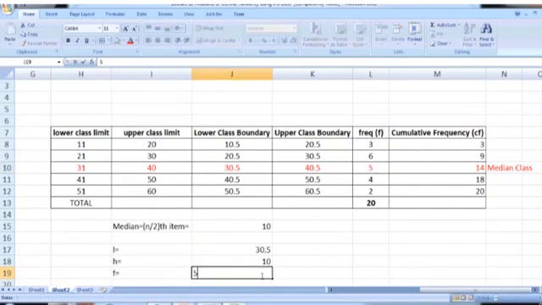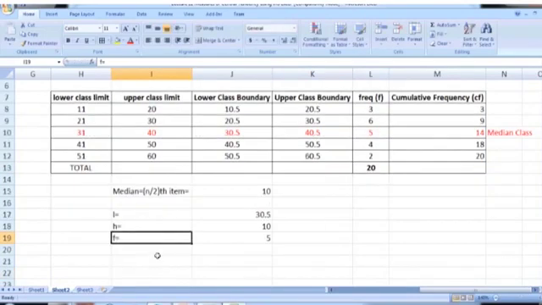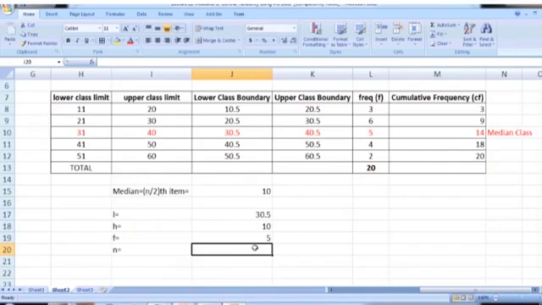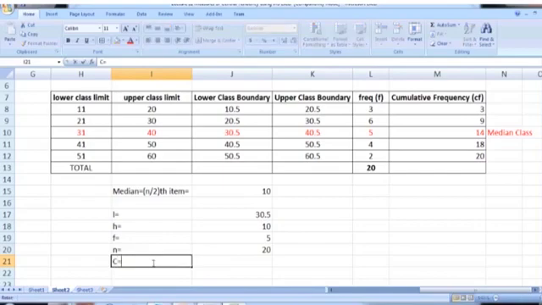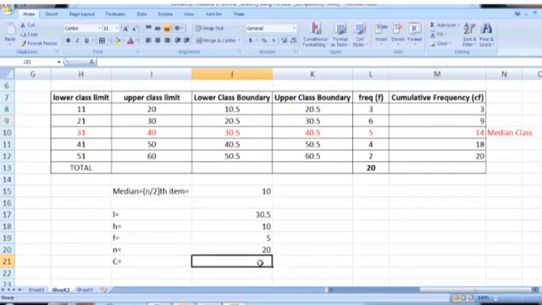So just write it here. N is the same as total frequency, which is this 20 here. And the next number, C, is the cumulative frequency preceding the median class. So this is the median class, and the cumulative frequency preceding the median class is 9. So just type 9 here.